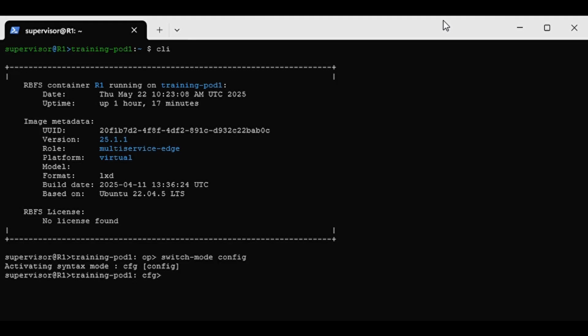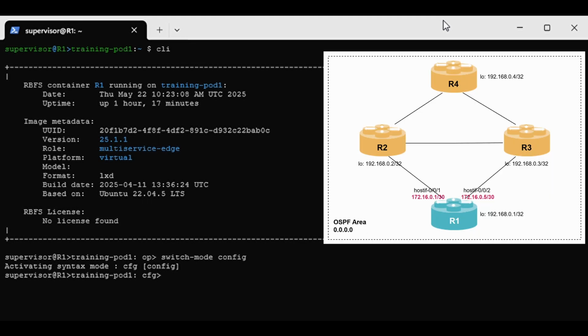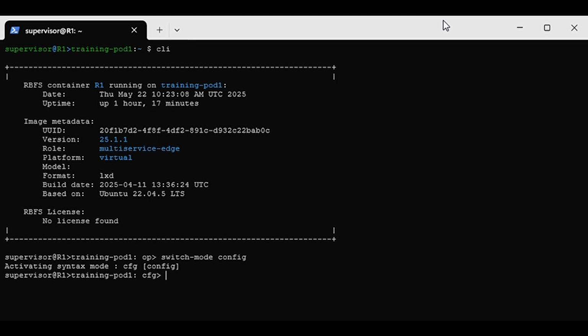We are going to configure router R1 in our virtual lab environment again. The lab topology remains the same as before, and we are still using virtual RBFS instances. However, I've removed the IS-IS configuration from all nodes and pre-configured a single OSPF area. We can verify that 2 OSPF neighbors are active,